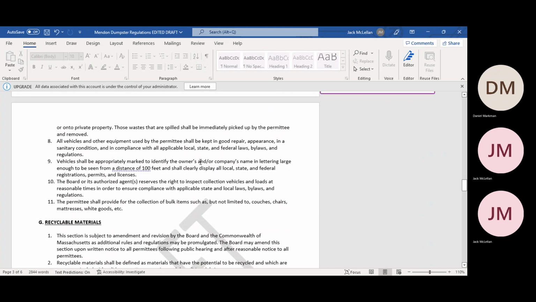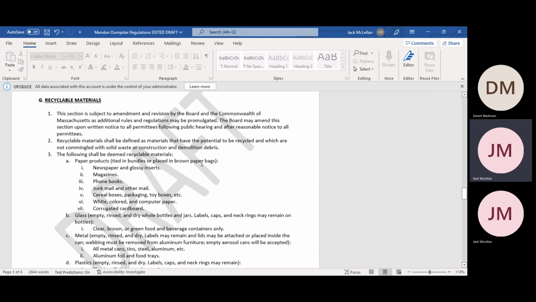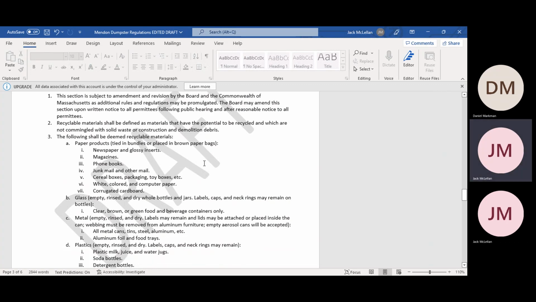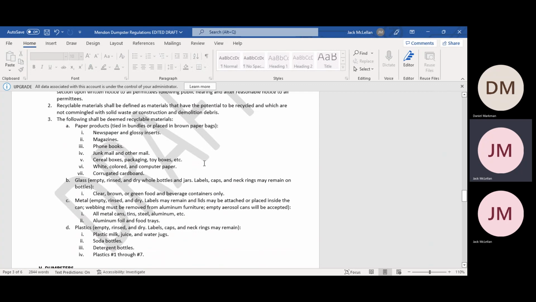All right, so we're going to move to section G. Anybody have anything on recyclable materials? I just wondered what clear, brown, or green food and beverage containers only meant. I was assuming those were glass. They are glass. Okay. So you know how there's different colors of glass, right? Yes, I do. So I guess that's what I was thinking of, you get some things in different colors of glass. Right, I just wondered why it was just